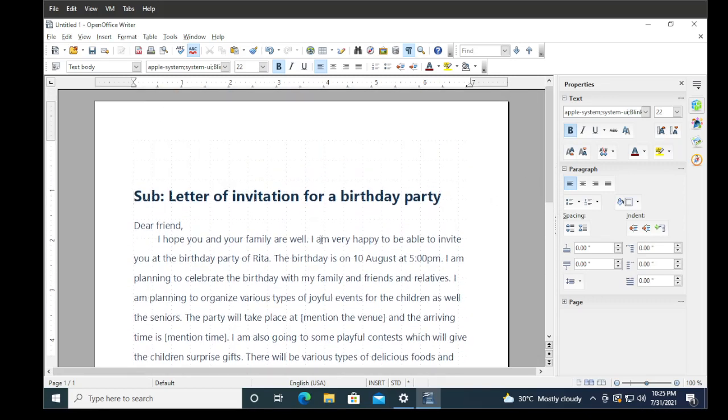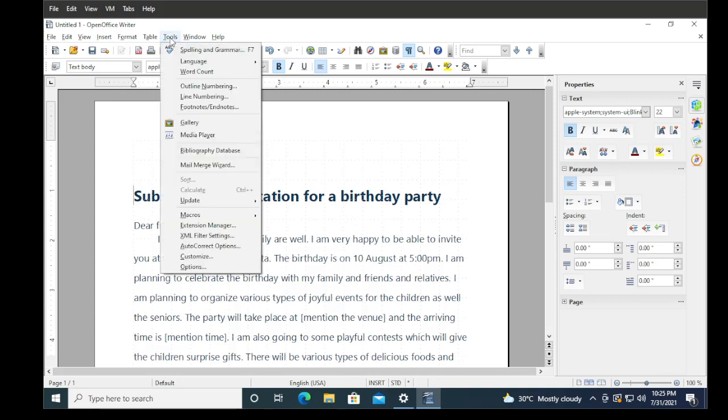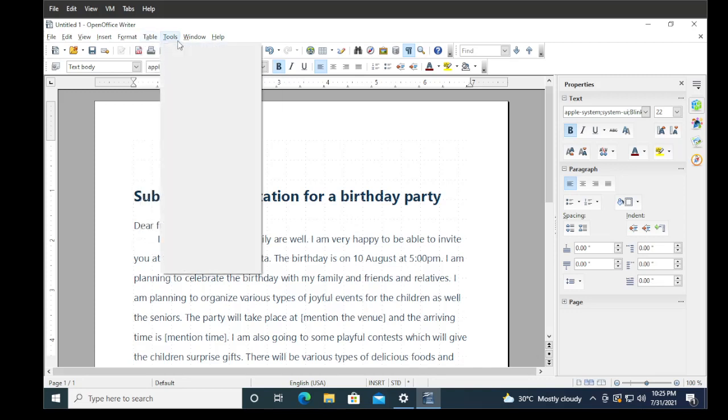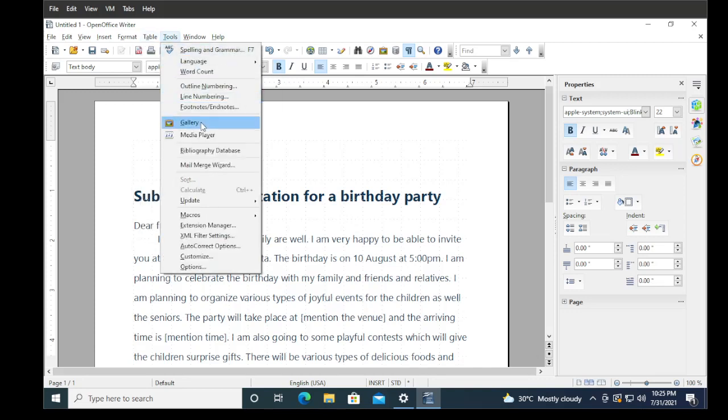We want to send this letter to so many people. For example, we want to send it to 10 people, or 1000 people, so we need the mail merge option. For mail merge, you first click on the tools menu. Where do you click, beta? Click on the tools menu. Everyone focus on the screen here. First click on the tools menu and then click on the mail merge wizard.